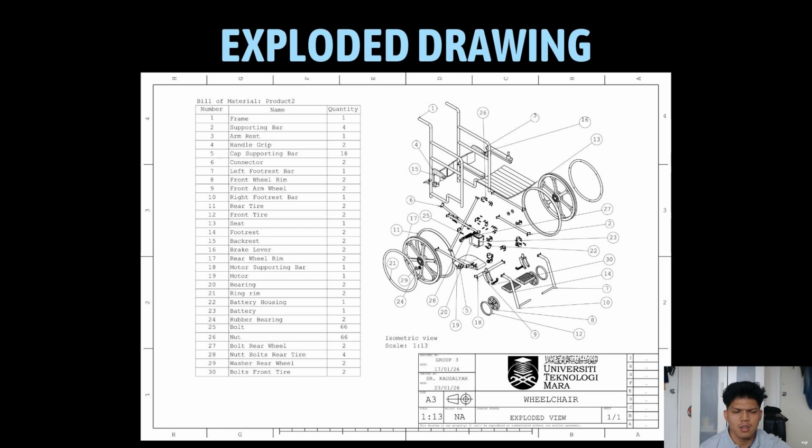Encompassing this is our bill of materials, which lists all 3D unique component types, including the 66 bolts and nuts required for high-strength assembly. By detailing parts like an energy efficiency motor, battery housing, and ergonomic backrest, this document ensures that our sustainability and safety goals are precisely executed during production. It serves as the final technical bridge between our technical design principle and a functional market-ready mobility solution.